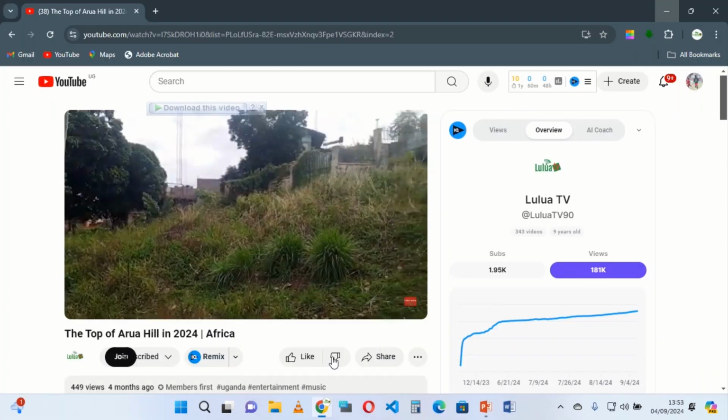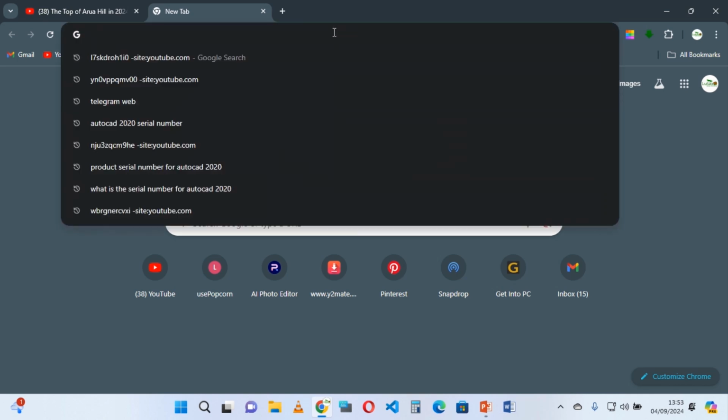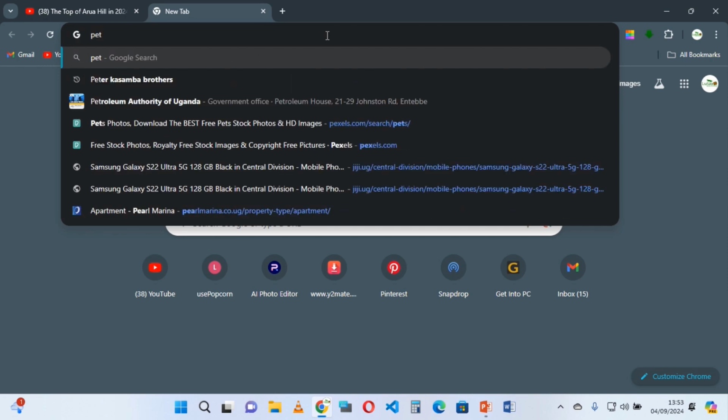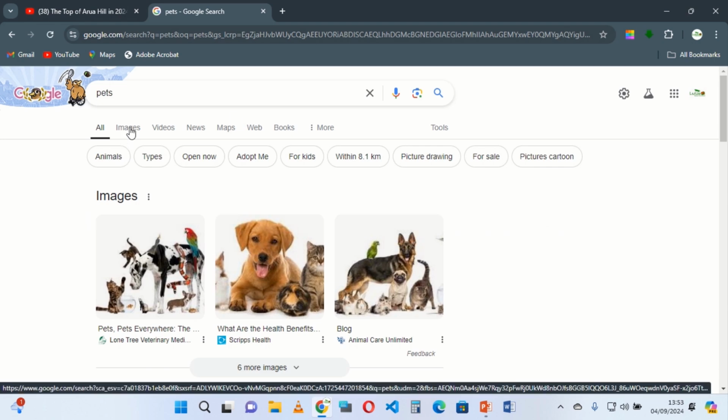So you open your Chrome, then you can search for any image of your choice. For me, I'm going with pets. This is a very good technique for you, the designers, because you will want your designs to have high resolution images. So from here you click on images,